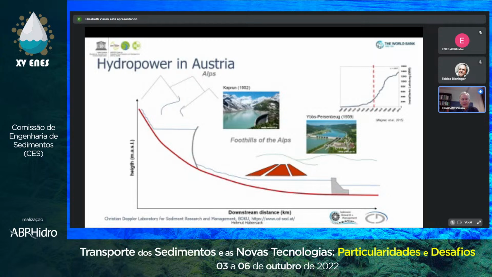You can look at it also like this in the longitudinal section, where you have the mountain somewhere, the water comes there, you might have a reservoir here, you might have a runoff scheme here, and then you have agricultural areas along the river. These are just some pictures of Austrian reservoirs. This is the largest reservoir we have, and this is one of the largest runoff schemes at the Danube River.